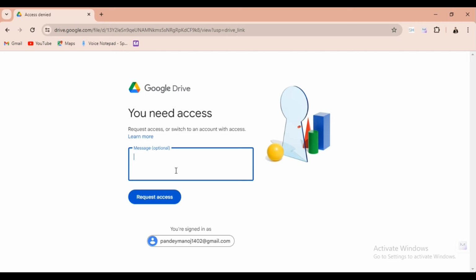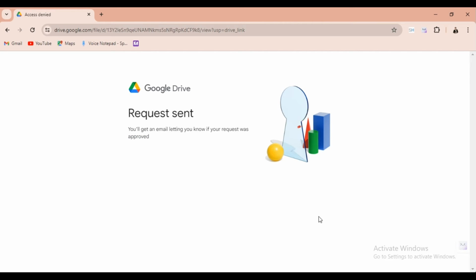So this screen will open, and just send the message like please provide access, and send the request for access. My technical team will share that GUI file on your Gmail. So just wait for a while.